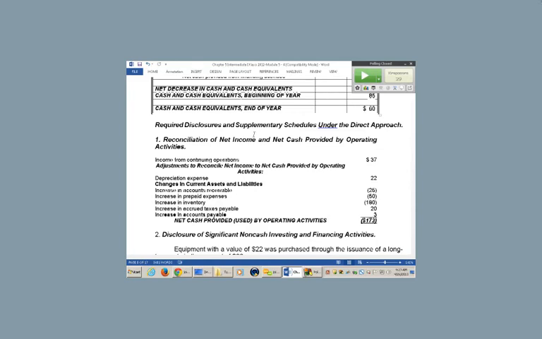Now, that's going to save us tons of time because we're not going to need to worry about the actual creation. In a minute, we'll show you, but when you do the indirect method, you've already got it. Questions on this? Any questions on the indirect or this reconciliation that's required?